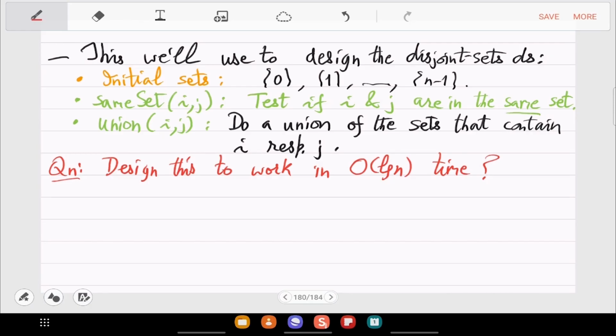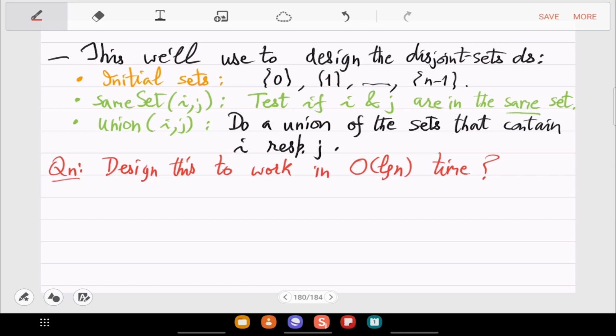Okay, so as always, this is the mathematical modeling, the operations you want, and in terms of the size of the universe, you want everything to work in log n time, right? Which is exponentially fast compared to the sizes, because if you look at the disjoint sets you have, they can be n many, and their sizes also can be around n. So in terms of the things you are dealing with, the demand is very, very high. You are asking for log n.